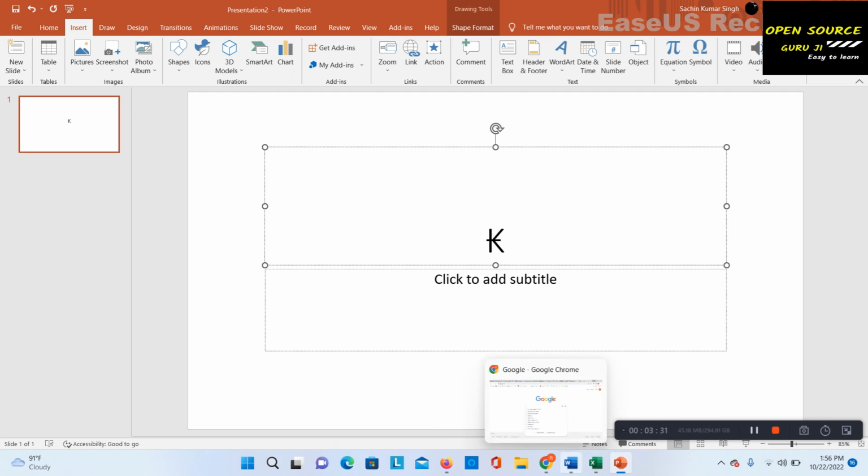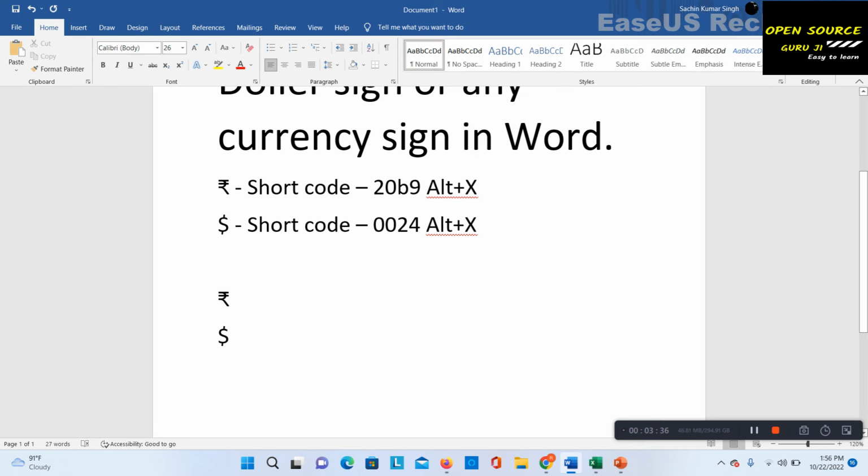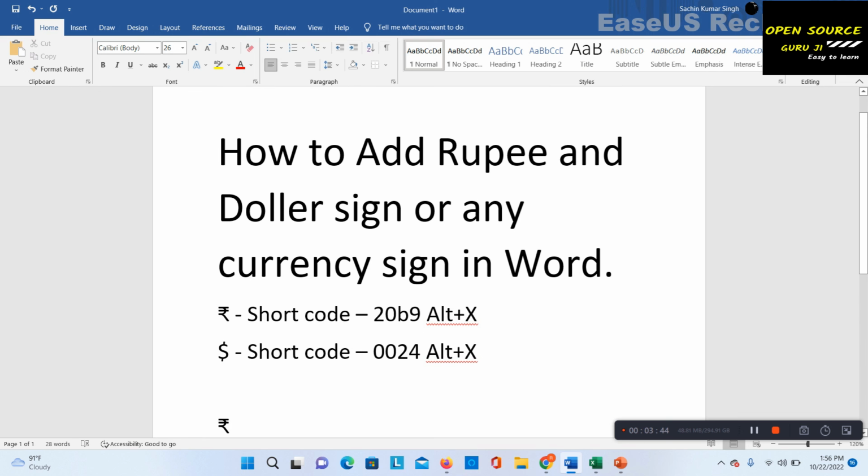Same thing if you go to the document, you can see the symbol code was inserted. So this is a simple trick how to add a currency sign in Word or Excel or